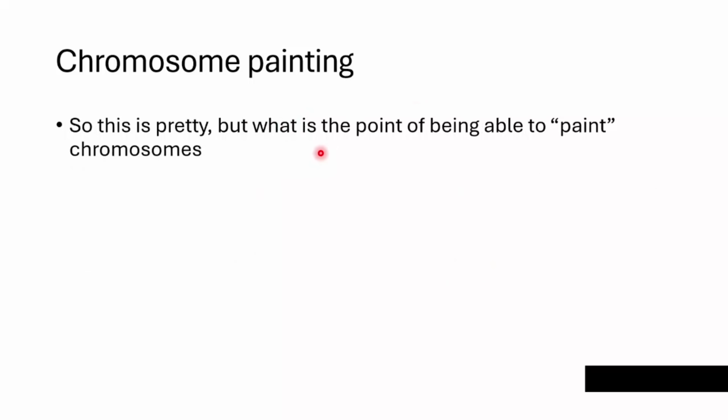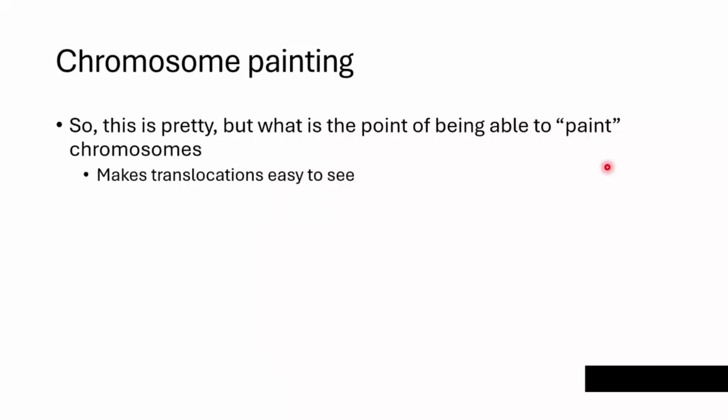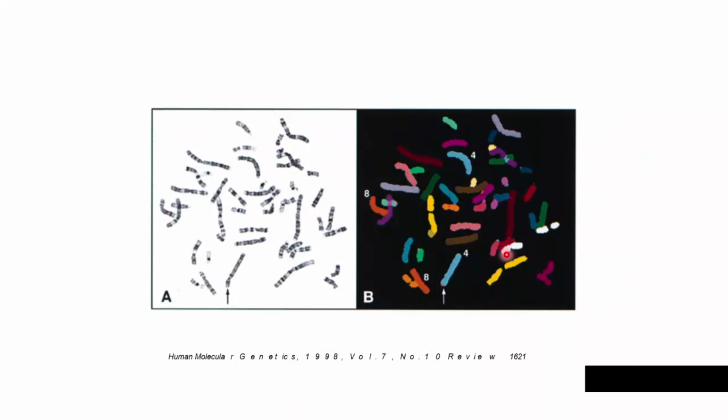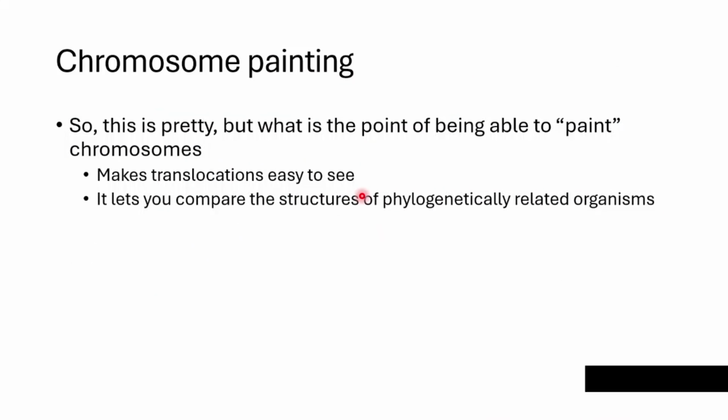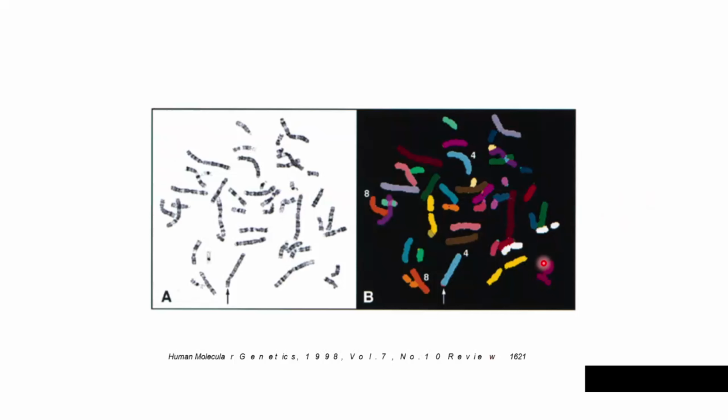So this is pretty, but what is the purpose of this? The purpose is that you can see translocations more easily when you're using this FISH hybridization. And if we take a look at here, actually let me just get to this point here and then I'll come back. You can also take a look at the structures of phylogenetically related organisms. If organisms have similar chromosomes, you'll know that they'll have the same colors, things like this. Okay, same size, same color, etc. And so if we take a look at this,